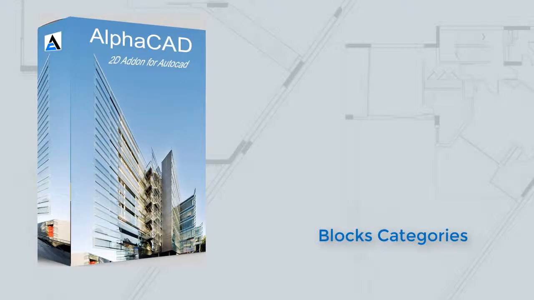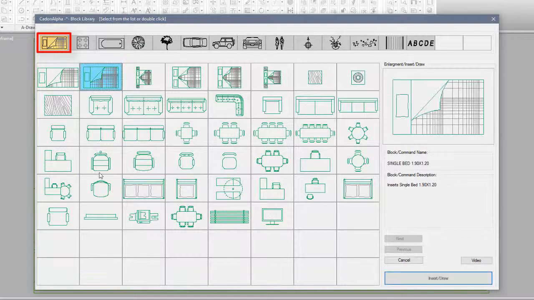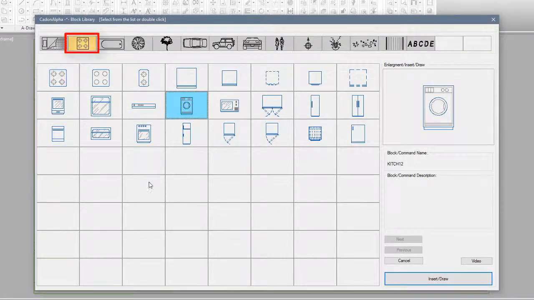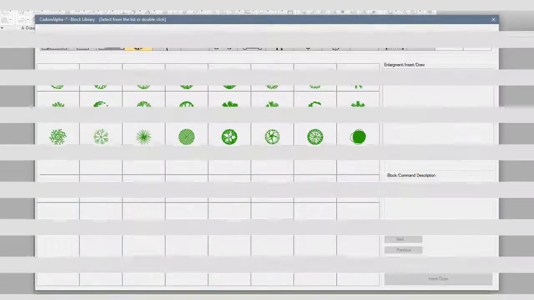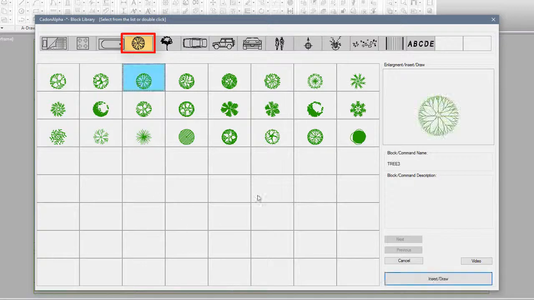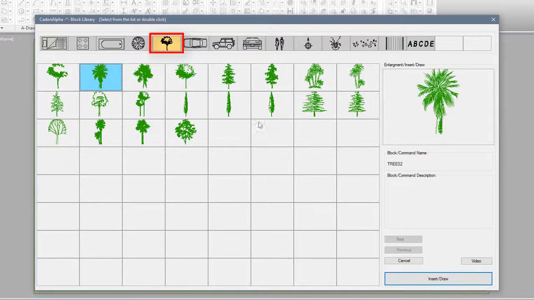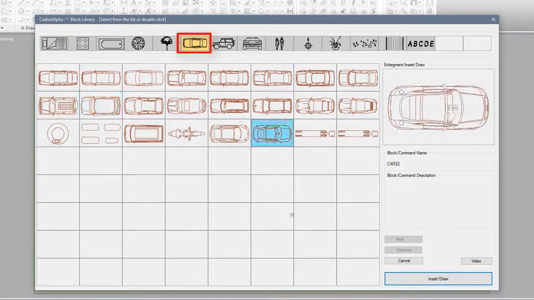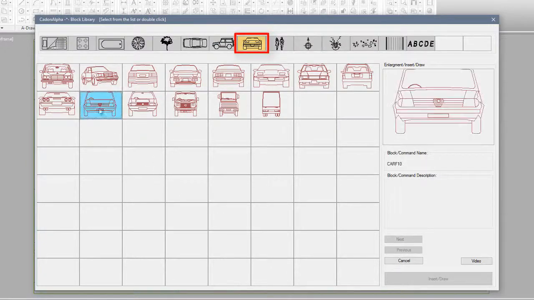Blocks categories are: Furniture, Kitchen equipment, Sanitary fittings, Trees in plan, Trees in elevation, Cars in plan, Cars inside elevation, Cars front or back elevation,